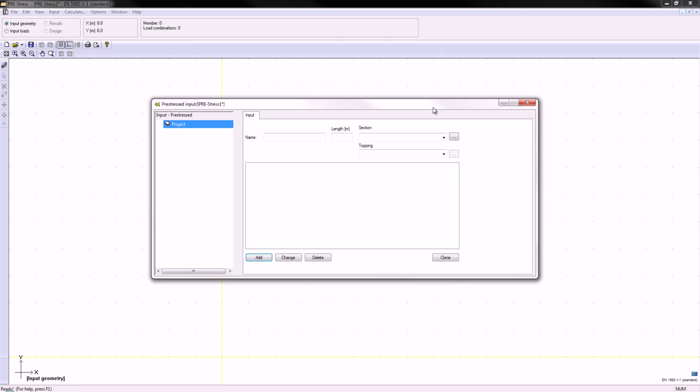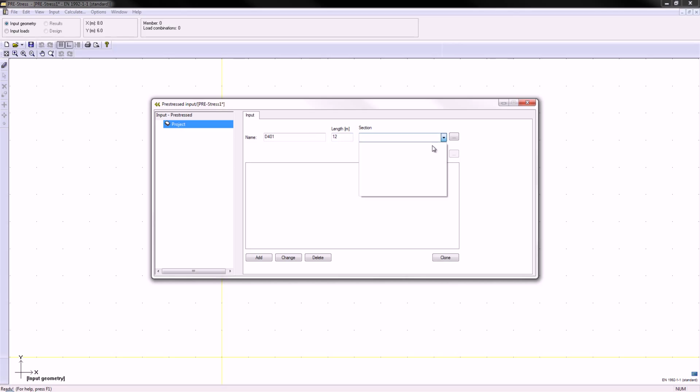And in the program the first thing that meets you is this project manager. Here we will be entering the name or identifier of the element, the length, and this is the total length of the element. And if we have other elements in this file, as it is possible to have multiple elements in each file,